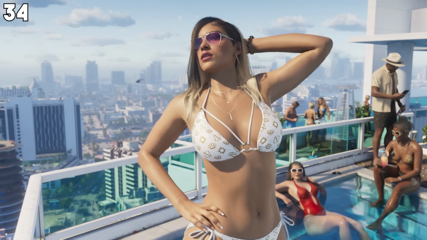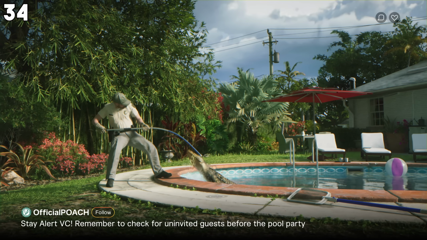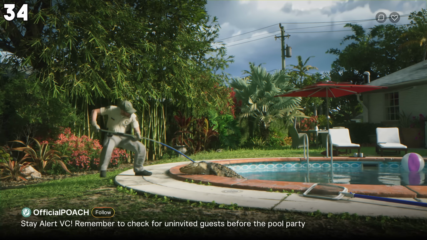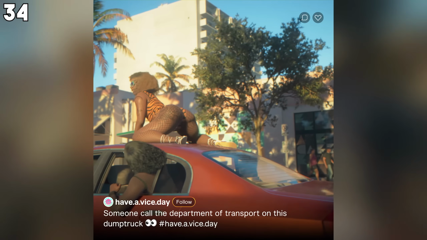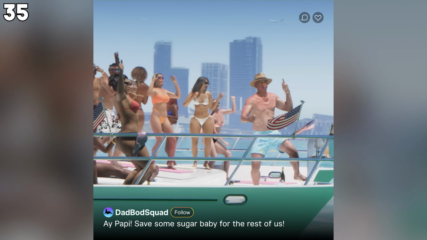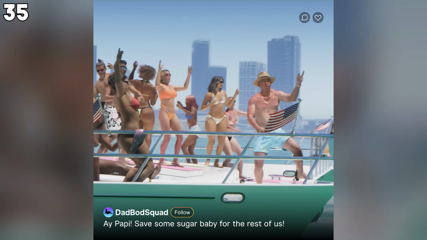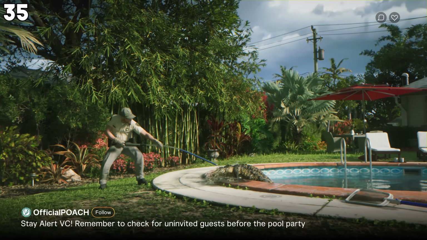Now, a running theme throughout the trailer is that Rockstar clearly have their own social media app in GTA 6 that's parodying Instagram Reels and TikToks, TikTok live streams, and these skits are based on real Florida behavior, which is just part of their culture. Here we see a sugar daddy living his life with his sugar babies. We see a gator being taken out of someone's swimming pool, and then we see this woman twerking on the